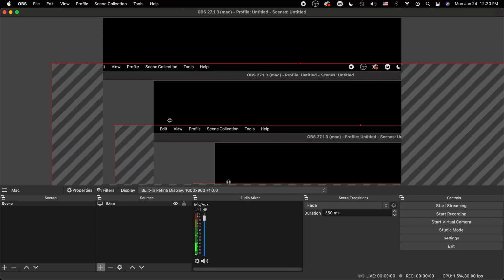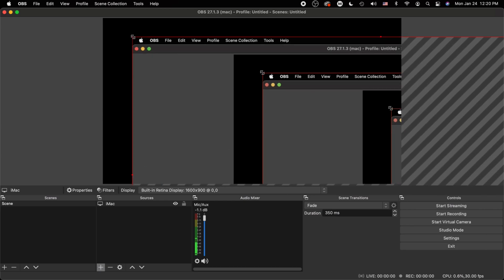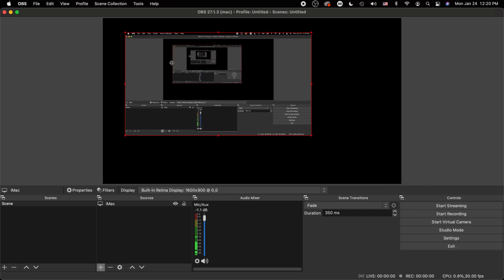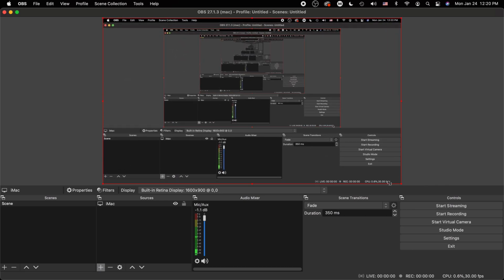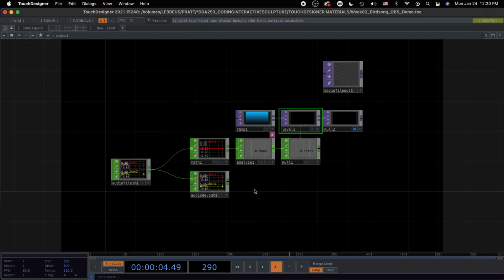Because this is really confusing now. So now this is kind of big for my canvas. So let me just resize this, and then it snaps to the corners there. Okay, great. So let's say we just have that recording for a little bit. I would then go into Touch Designer, and as long as I'm recording, it's going to capture everything nice and